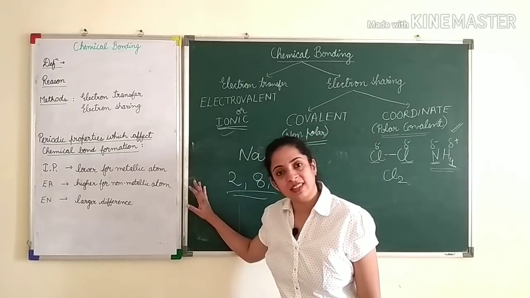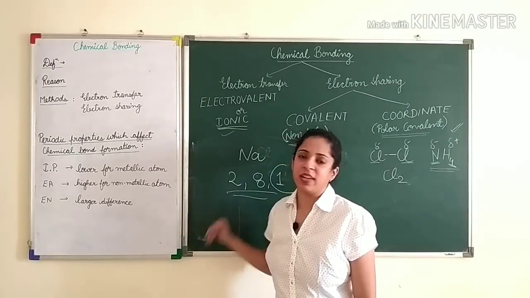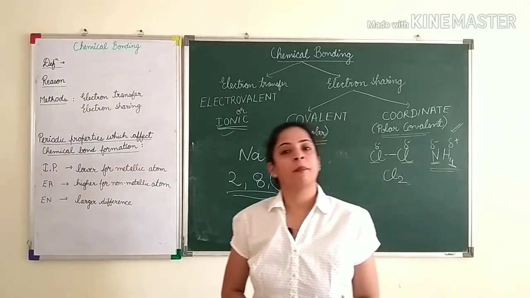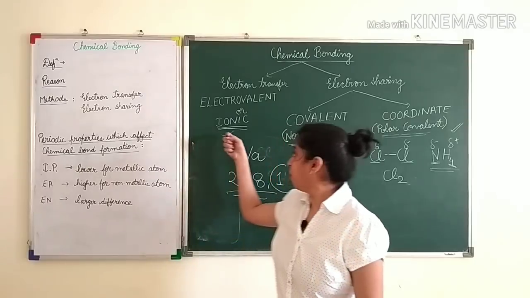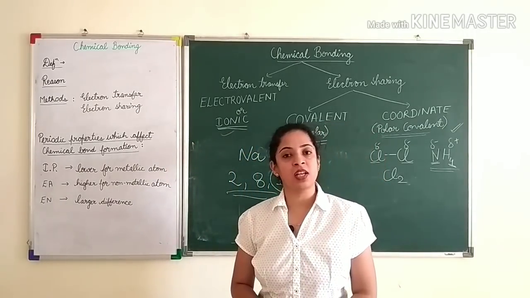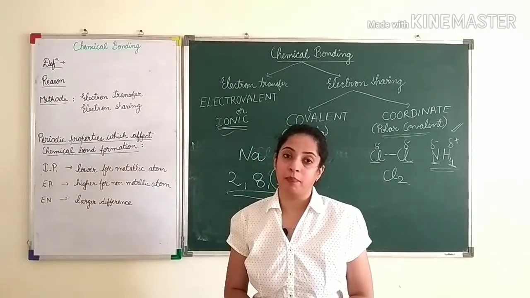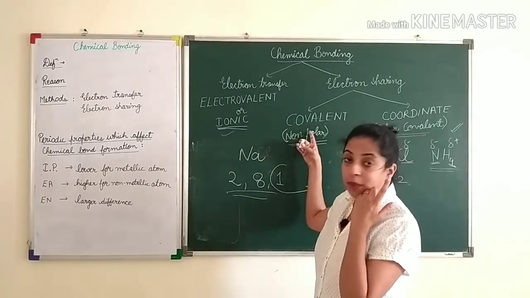So these were the basic things for chemical bonding. If you understand these basic things, it will be very easy for you to understand these 3 bonds in detail. Please watch our next 3 videos so that you can understand these type of bonds. I will be dealing with all the different examples that are asked in the exam and the formation of all those examples by this type of bonding.